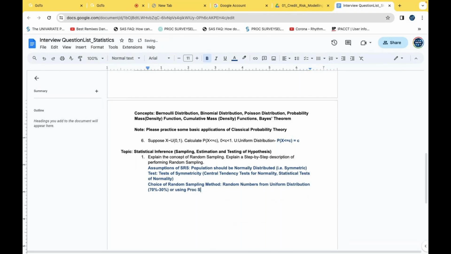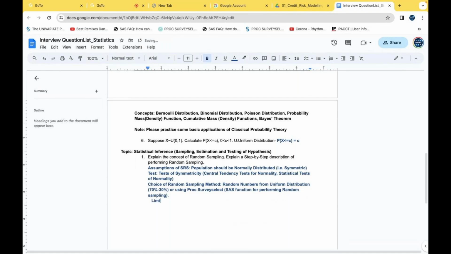or using the PROC SURVEYSELECT, the SAS function for performing random sampling, right? Now the question that comes over here is that with random numbers, like using the uniform distribution,